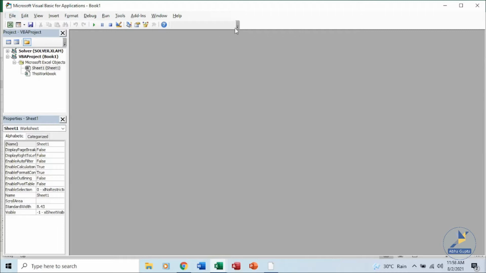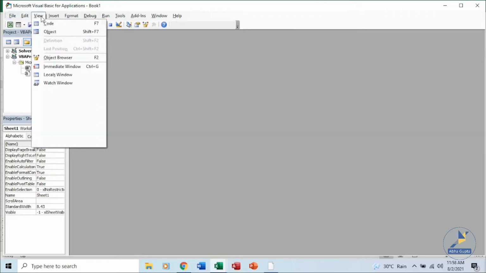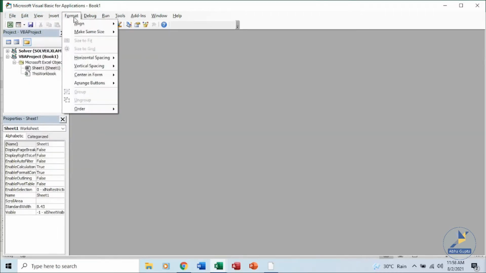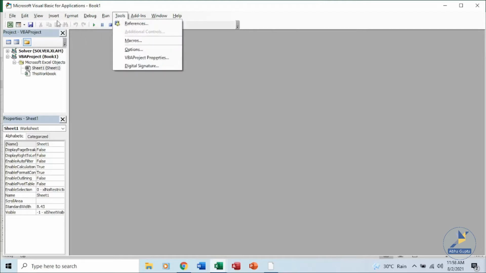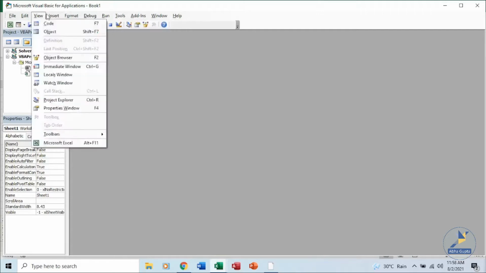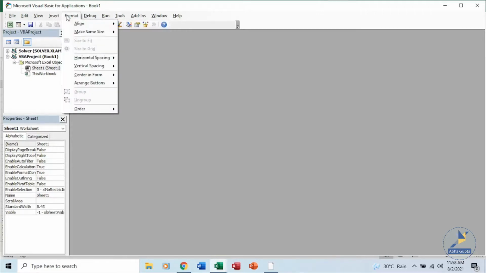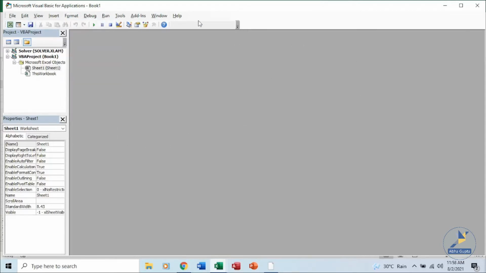If I click on any of these tabs, you can see the various options in the drop down. You don't have the ribbon present over here. You have to click on any of these tabs and a drop down will come, and from there you choose your commands. Plus you have the standard toolbar over here.